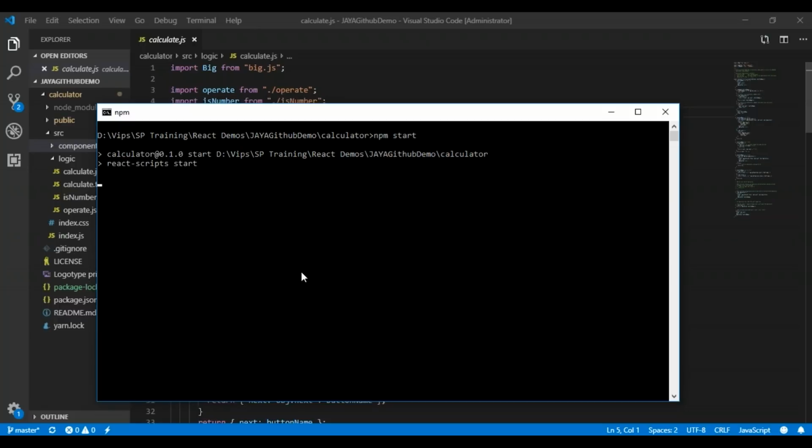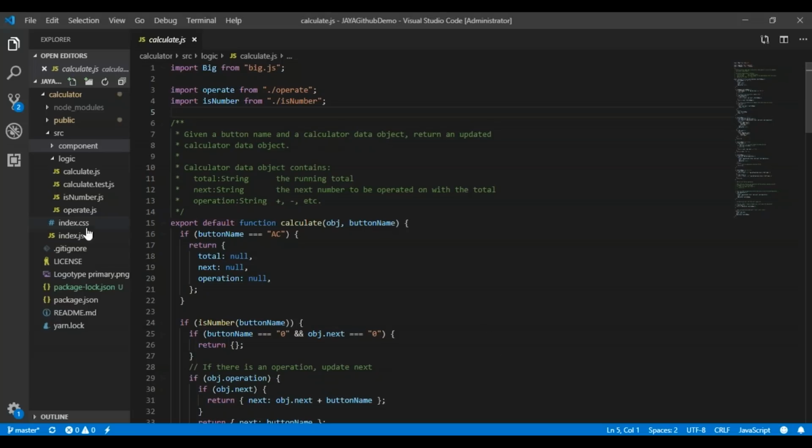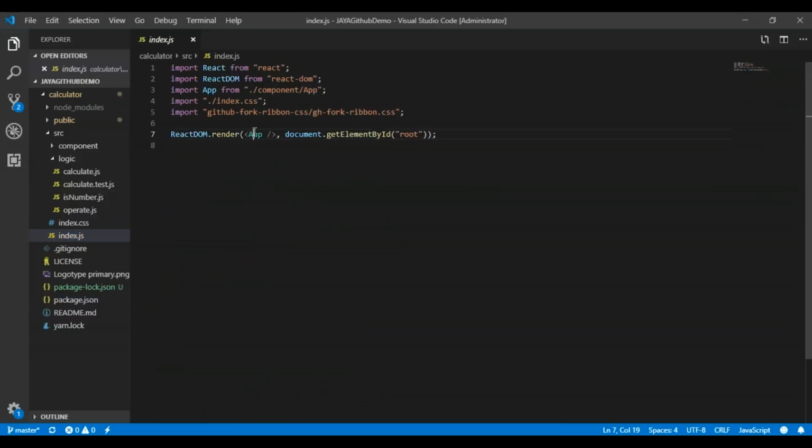What I want to show you here is that in the previous example, we saw a calculator application, and this is just another application implementing the same calculator functionality, but there is a lot of difference in the UI. You see, this is again a calculator built on top of React.js libraries, and other libraries have been used as well. The same functionality, for example, 5 into 5, gives me the same operational output. Now if I go to the code, we'll start with index.js, and the root component is obviously app.